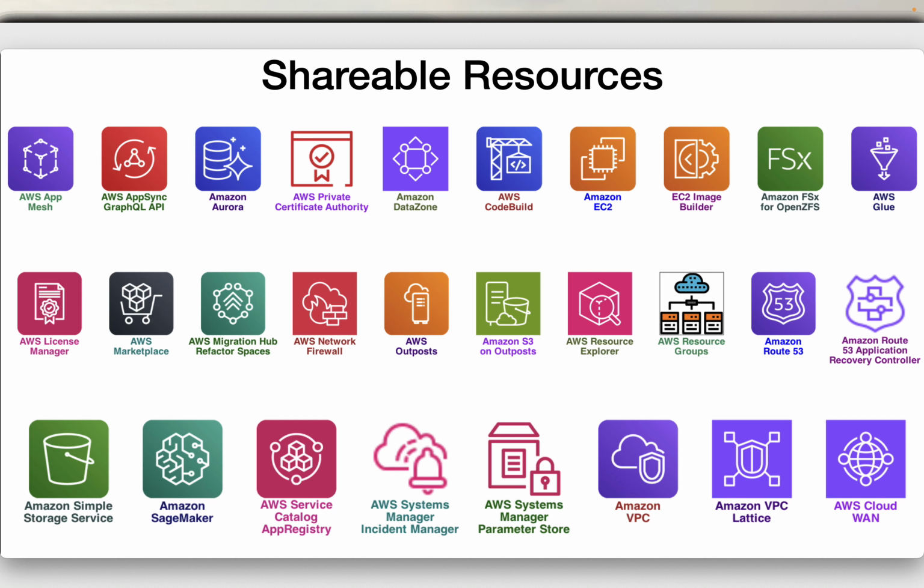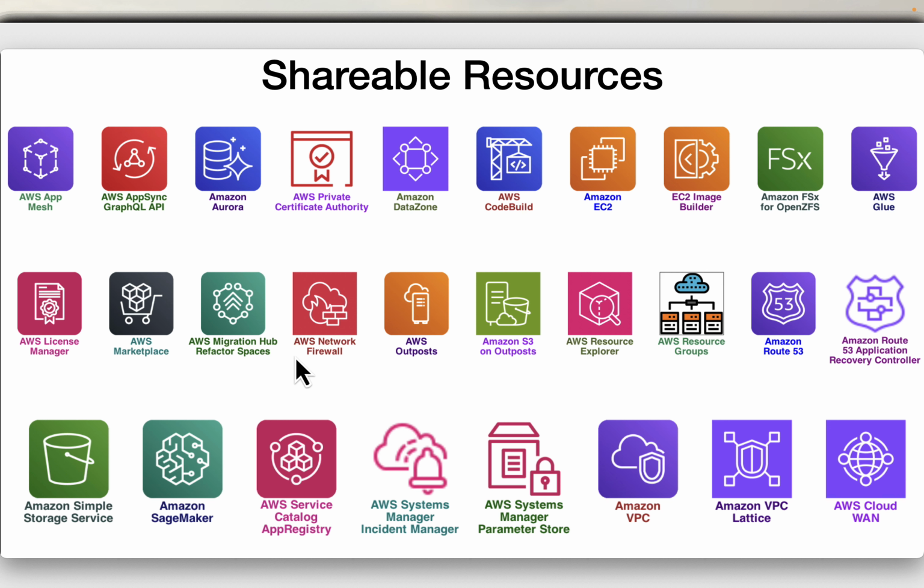And finally, we'll see all the resources which are possible to be shared. So these are the services. It's AWS App Mesh, AWS App Sync GraphQL API, Amazon Aurora, AWS Private Certificate Authority, Amazon Data Zone, AWS Code Build, Amazon EC2, EC2 Image Builder, Amazon FSx for OpenZFS, AWS Glue, AWS License Manager, AWS Marketplace, AWS Migration Hub